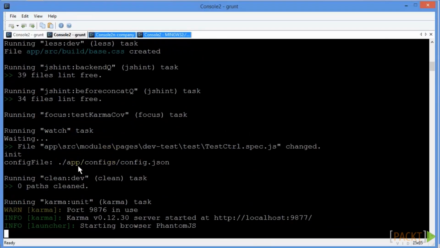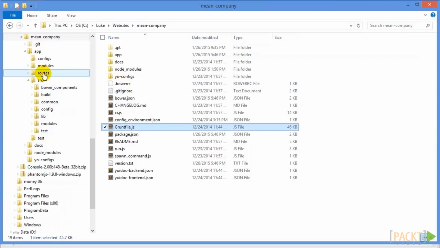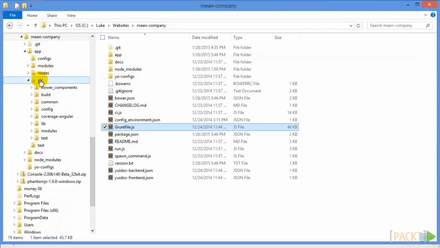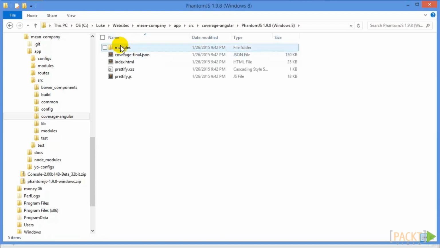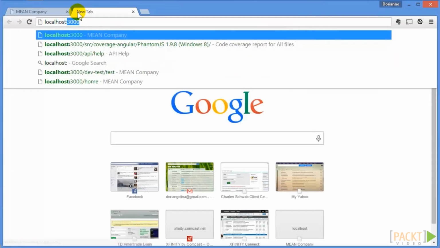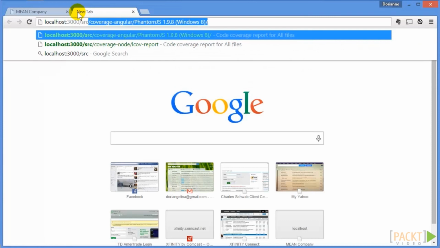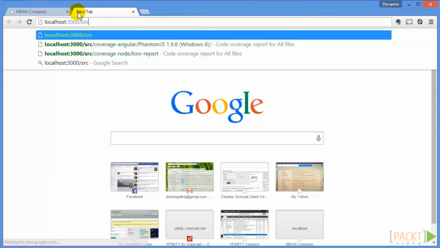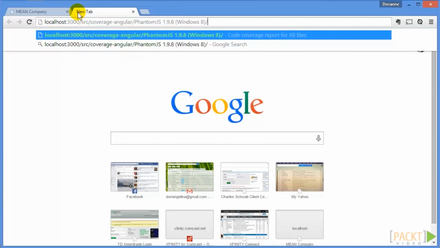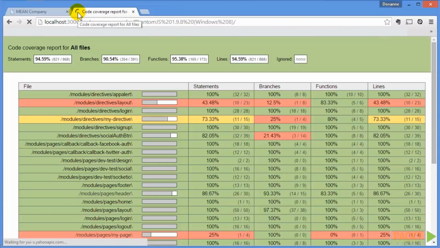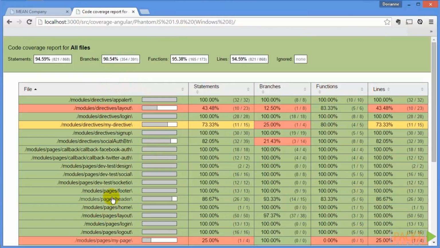And they both are. And if we then go to our folders, we'll see this src, our front end folder. We just had this new coverage Angular folder appear, and inside of that we have this phantom.js folder, which I'm just going to copy the name of. We're going to navigate to this folder in a browser. So if we go to our Chrome and we go to localhost 3000 src, because we always start from the root folder, so into src and then coverage Angular, and we can see I've already accessed it, so here it is right here. If we press enter on that, we can see a list of all of our files with